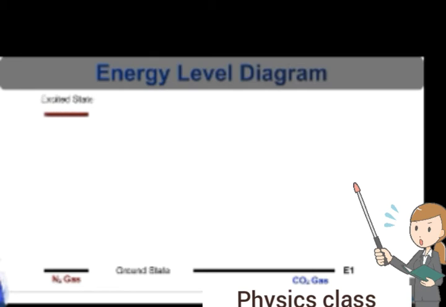Now, let us see the working mechanism of the CO2 gas laser with the help of the energy level diagram. In this diagram are the lowest vibrational levels of the ground electron energy state of the CO2 molecule and the N2 molecule. The excited state of the N2 molecule is a metastable state, and it is identical in energy to the 001 vibrational level of the CO2 molecule, which is indicated as E5 in this figure. So, let us see the pumping mechanism. When current passes through the gas, the N2 molecule gets excited to the metastable state.